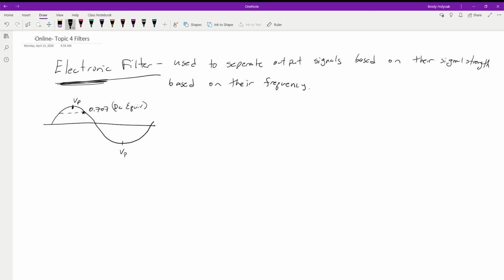Like we've done before with all of our calculations, when we're solving for power, we want everything in terms of RMS because that's the DC equivalent, just so we can compare apples to apples, and specifically Gala apples to Gala apples instead of trying to compare a Honeycrisp to a Fuji, which Fuji suck, but that's another topic. So basically we're using this 0.707 value to solve for these things. And this will become more apparent when we talk about this in a little bit.